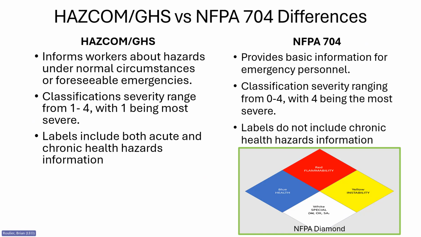Finally, the GHS system includes information about both acute and chronic health hazards of a chemical. The NFPA labels are designed to include acute hazard information only, but do not include chronic information. If using labeling systems other than those in the GHS system, it is extremely important to ensure any people working or responsible for responding to emergencies understand any alternative labeling systems.